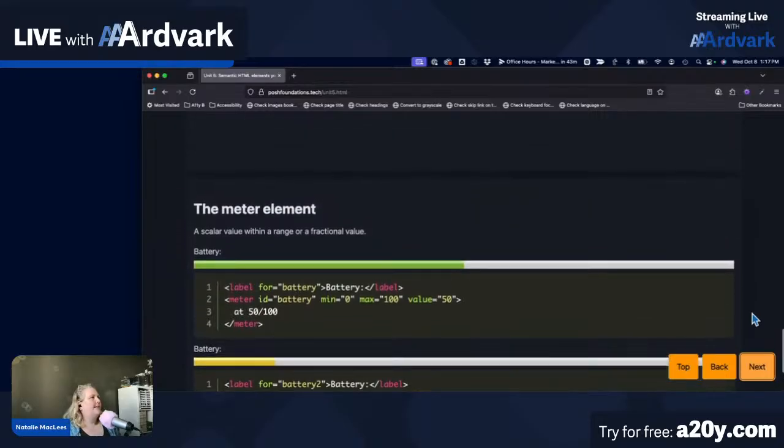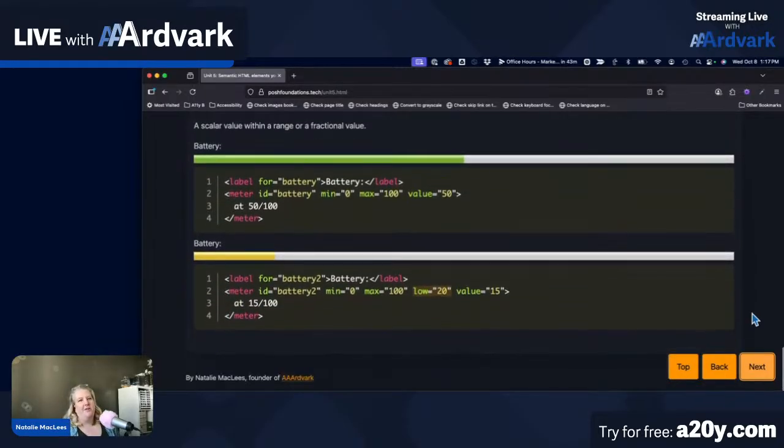Oh, I guess that's the end of this unit. All right. So some POSH HTML elements that you may not have heard of or may not have used before. There are lots of others as well. I might add another couple slides to this unit a little bit later because I think sometimes people don't realize that there are